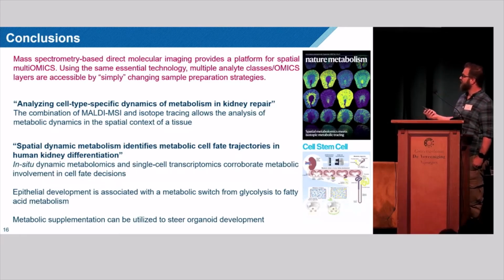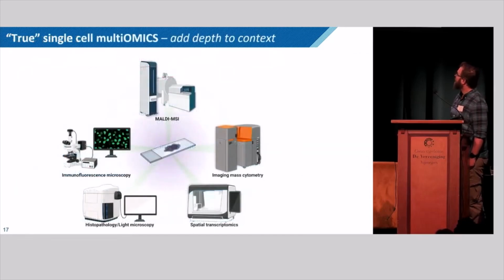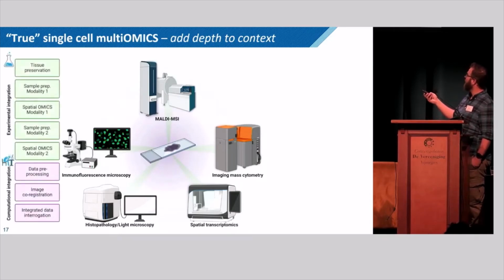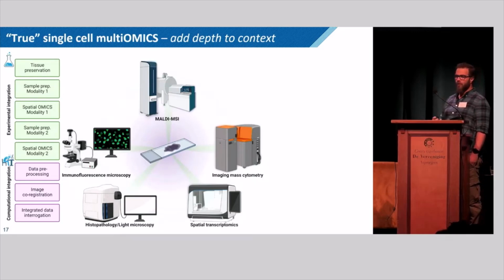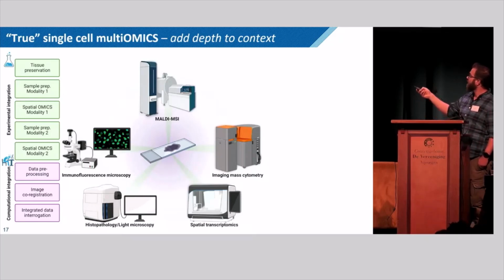Then there was the assignment from the organizing committee to give your idea or vision of where single-cell multi-omics, or multi-omics in general, is lacking. I think if we want to go to single-cell, we should consider spatial information first. We have already been able, and we've seen some examples today, to combine a lot of different imaging modalities on consecutive sections from the same sample, or even from exactly the same sample. One of the important things to consider here is not only the computational integration, but also